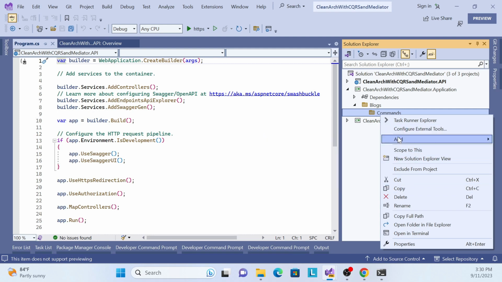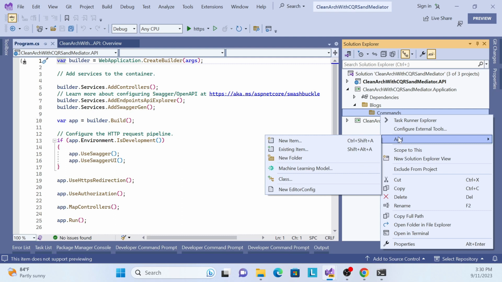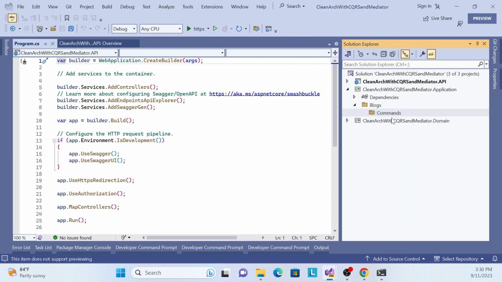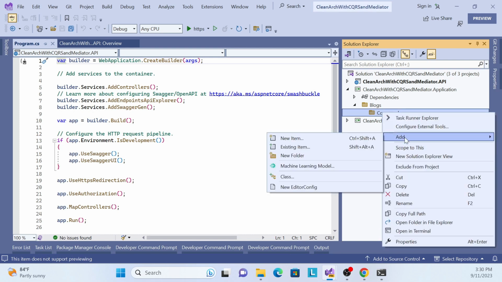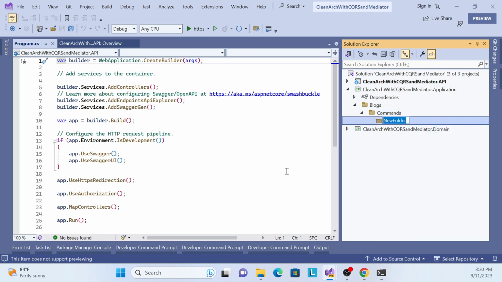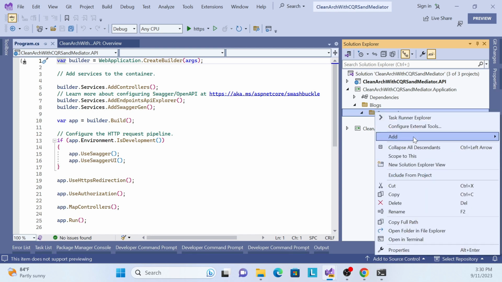Under this command, we have to maintain things like create blog,